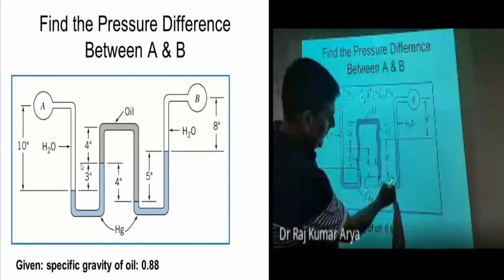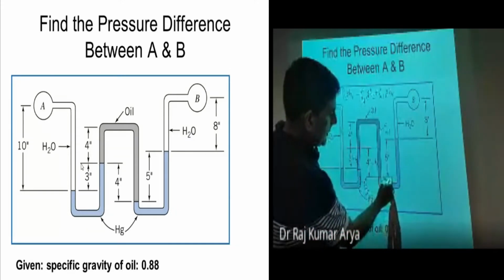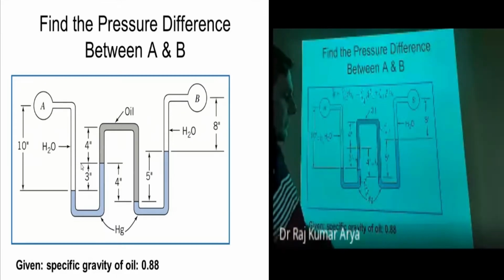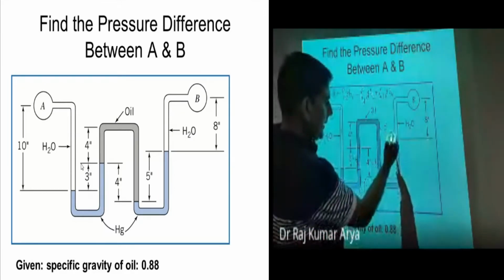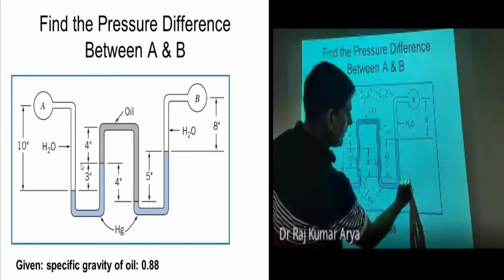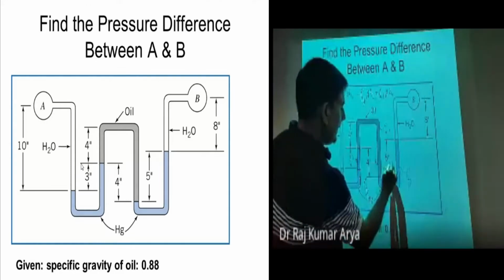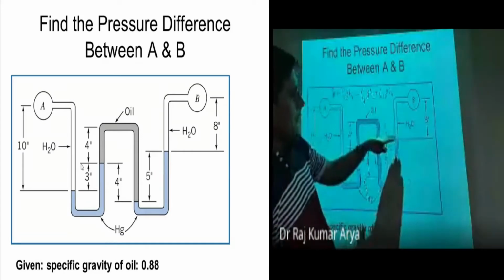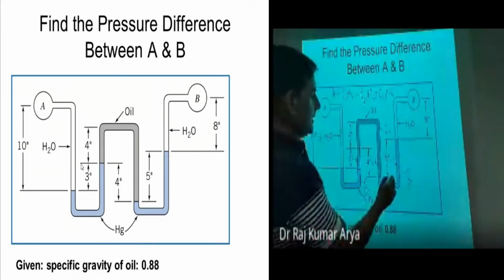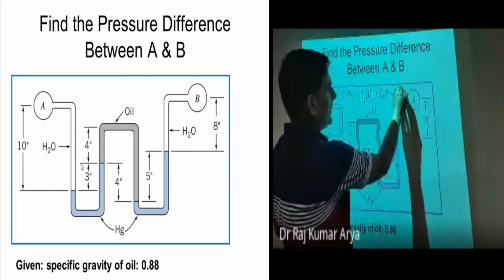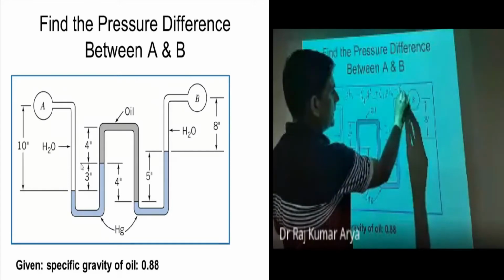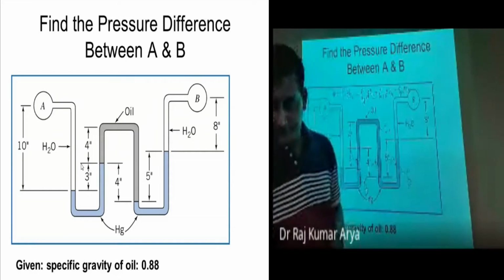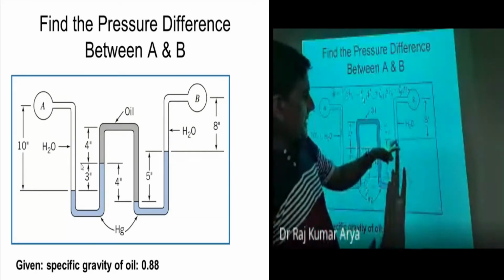After that, you have here the mercury, so you can move directly to this side without any change in pressure. Now you are going up, so this is also a rho of Hg here, and this is your H4. So you are going up, so your pressure should be minus here. So that much you have got here, rho Hg G H4. So you have reached here.